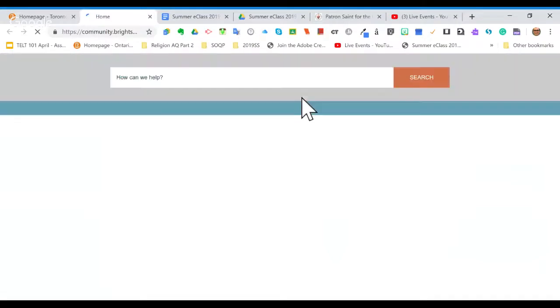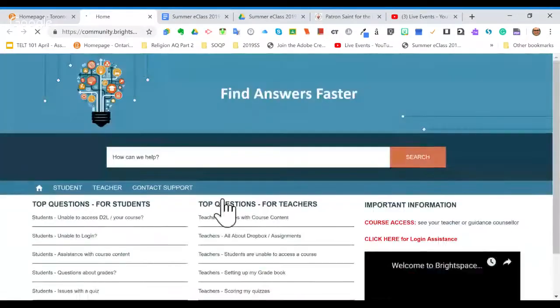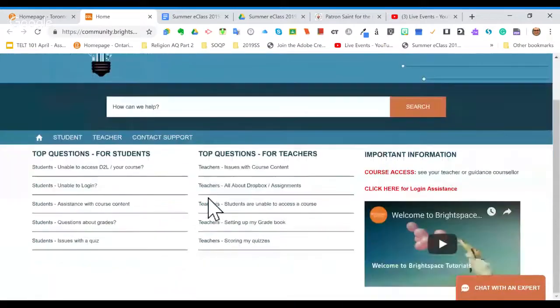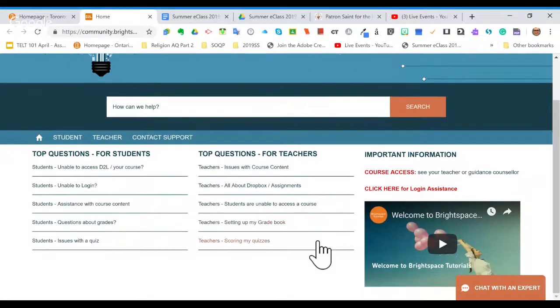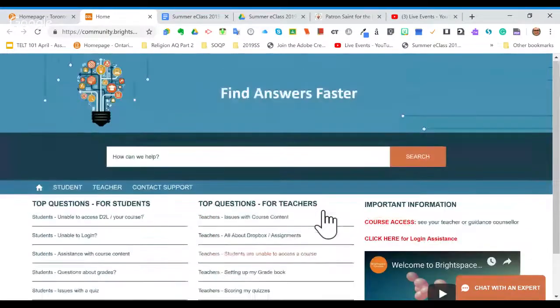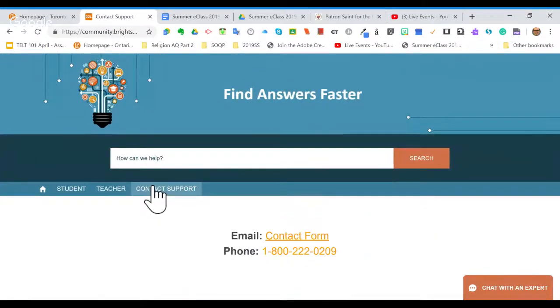And then you'll notice that it will take you to a D2L support help page, and you can get the help that you need in terms of assistance with course content, issues with quiz grades. There's also help here for teachers. So if you need to contact them, you can also contact them at the contact support tab here. So there's an email and there's a phone number as well.